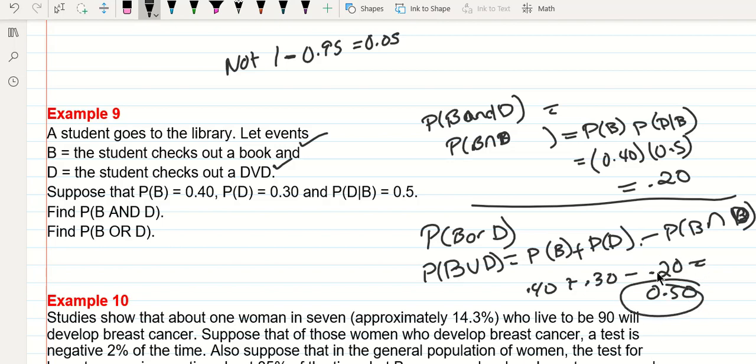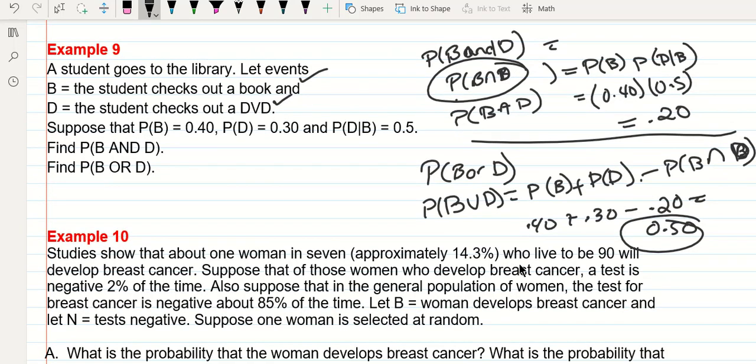Now, if you're asking where they got the 0.20 from, well, this is from right here, the probability of B and D. Okay? All right. So example